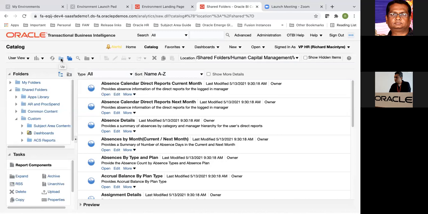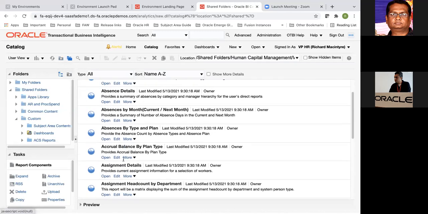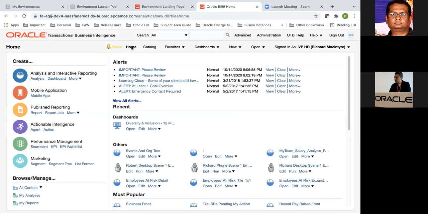And what I would suggest to a lot of customers is, if they want to do some reporting around assignment details, you could start with this report, and anything that you would want to add to this report, you could add it and save it in the custom folder. Okay. And custom folders, as I said, are not overwritten during upgrades. They're always available. Whatever custom content you have will all be available there. Okay. So this was about the foldering structure.